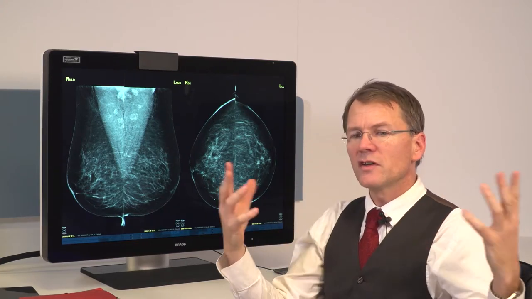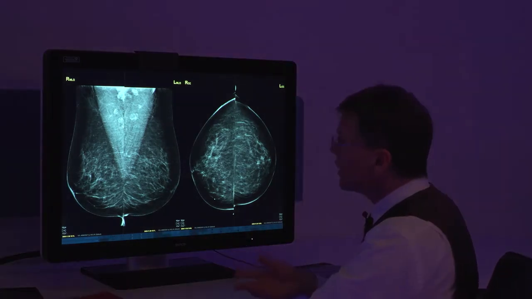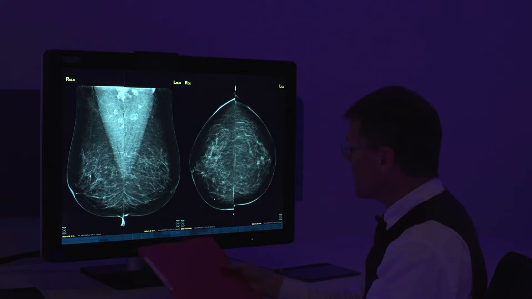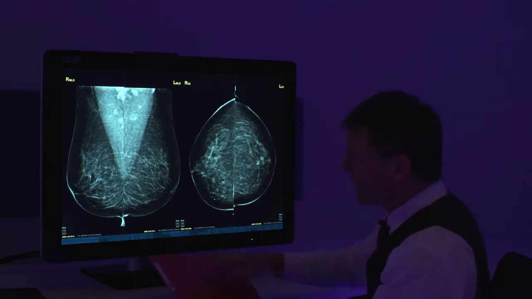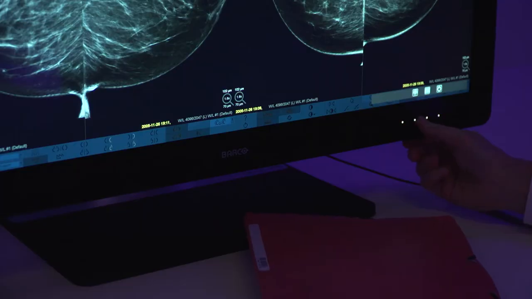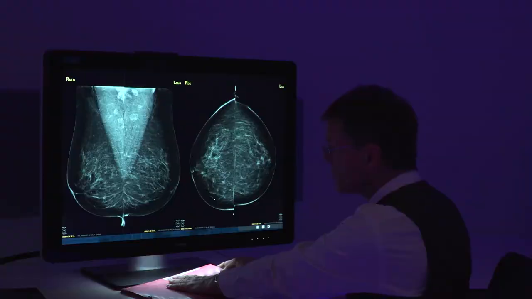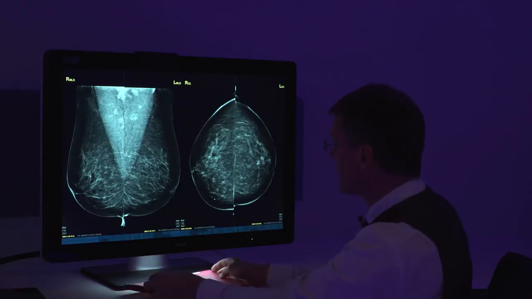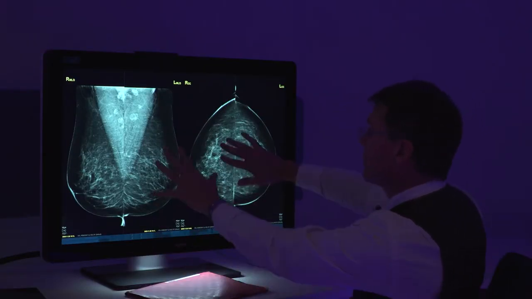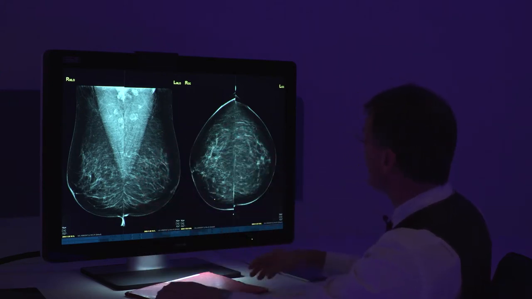So now, let's look at this as if it were a real reading room. Imagine that I have this patient folder, but the room is dark, and I'm trying to read the name of this patient. So it could be nice to be able to press the button. Here it's the second button over, and I can turn on the soft glow task light. And now it would be very easy to read the name on the patient folder. In addition, it's also making it a less adaptation when I'm looking between these images and down here.